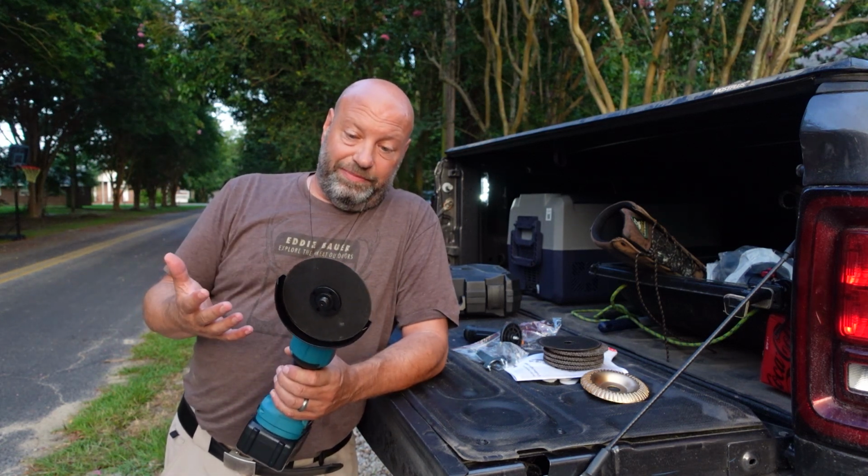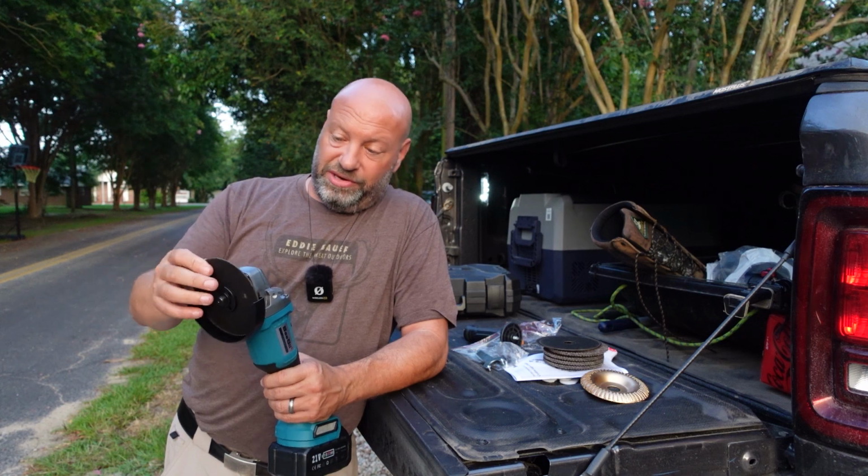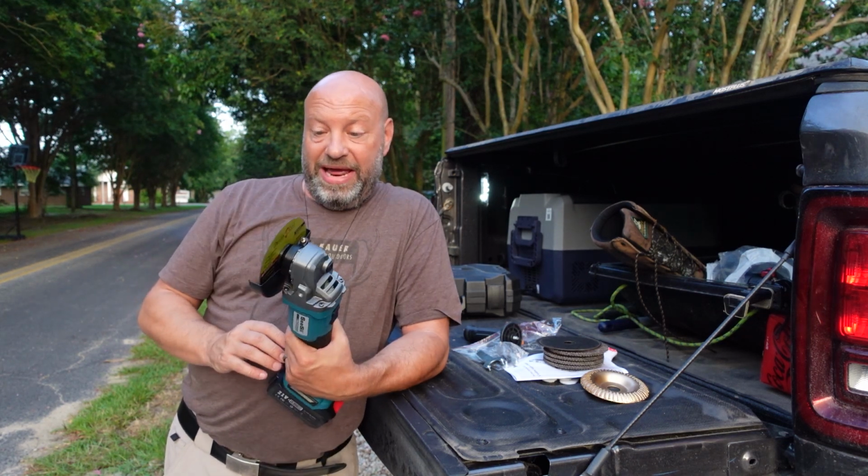So that's a beautiful system. I may replace the blades. We'll see how this one does. It says Dragon Cut High Performance. We'll see what it actually does, but